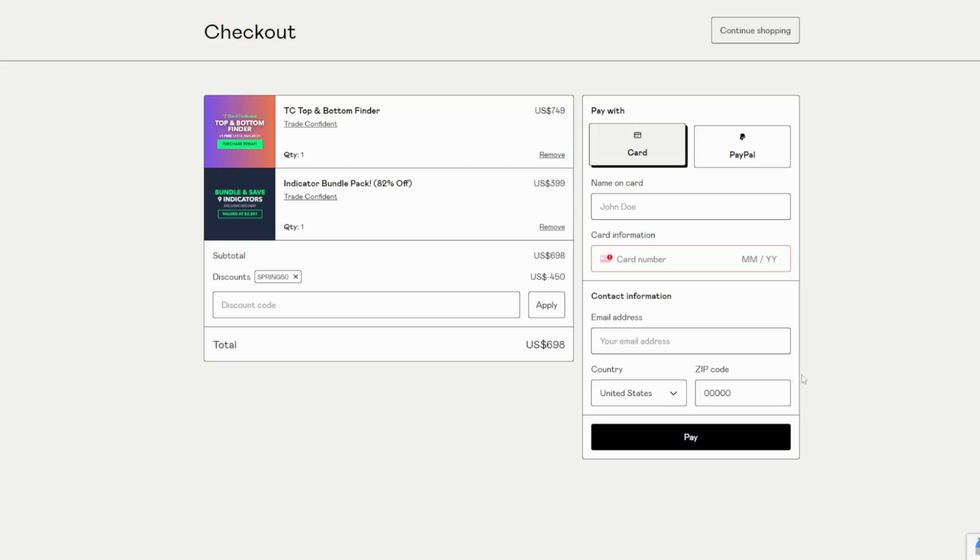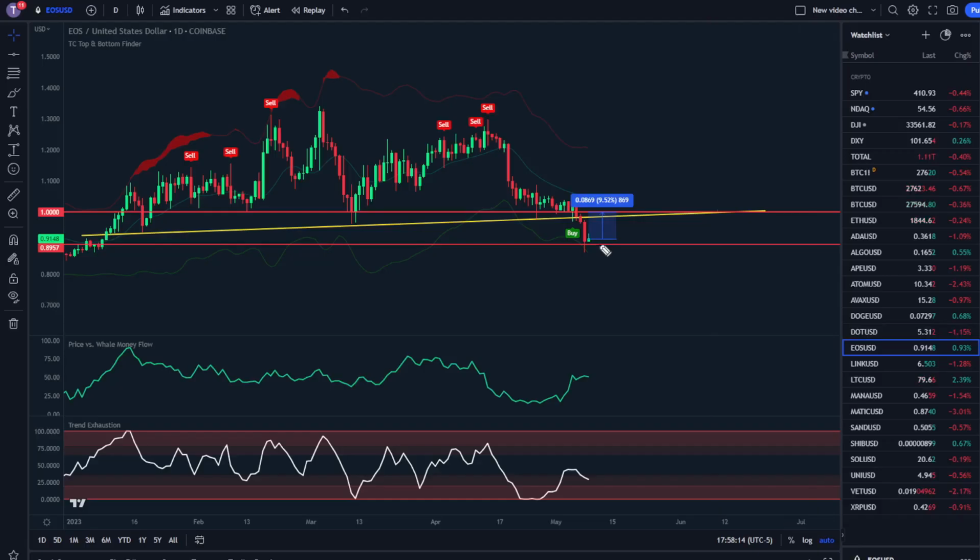I'm really excited for you to try out these indicators. And if you're trading EOS, I'm personally looking for that 9.52% move up to around